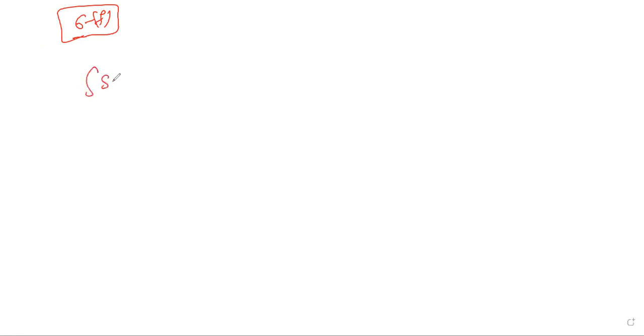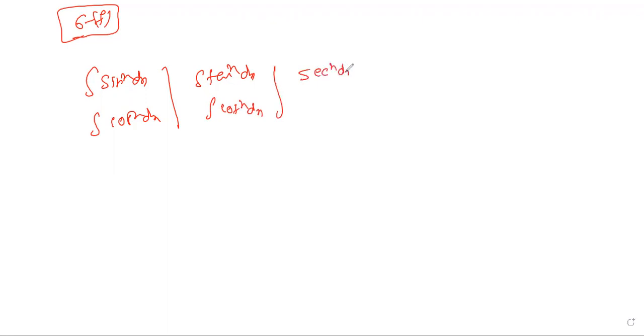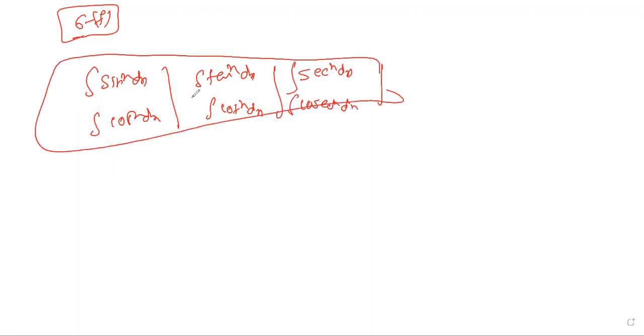After this, the integration of sin^n x dx, the integration of cos^n x dx, integration of tan^n x dx, and cot^n x dx. Similarly, we know the sec^n x dx and the cosec^n x dx. So like that, there are six models. We are going to find the nth derivative of the given question. For example, we are trying to take it as an example here.